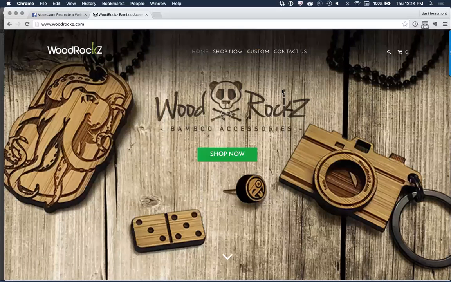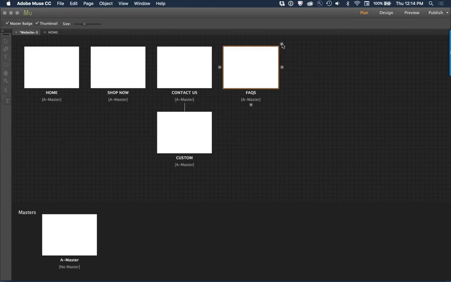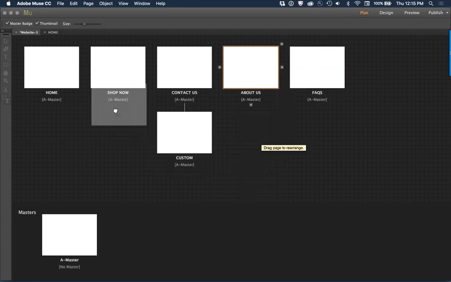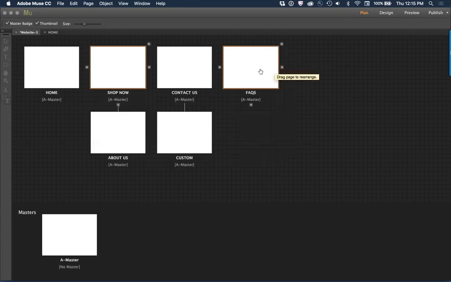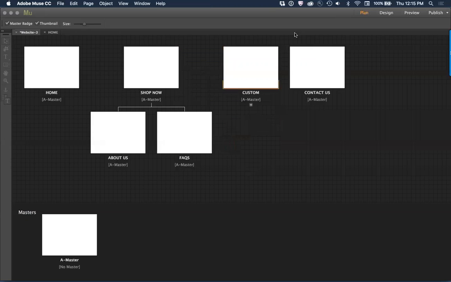Let's just go with the top one for now. Shop now, custom, contact us. So definitely some differences here. Now, custom and contact us. We'll go ahead and move about us down. That allows it to not be in the top level navigation, so it kind of does us a favor. And I'm going to move custom up into its position. And check on the